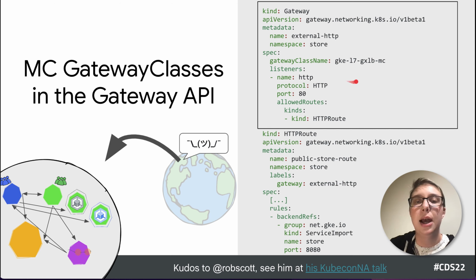So this is a way that a client coming in, asking for whatever this host name is that I skipped out of here, should be routed across these clusters to this service import, so it could go to any service that's exported of that name across whatever clusters they're deployed in.